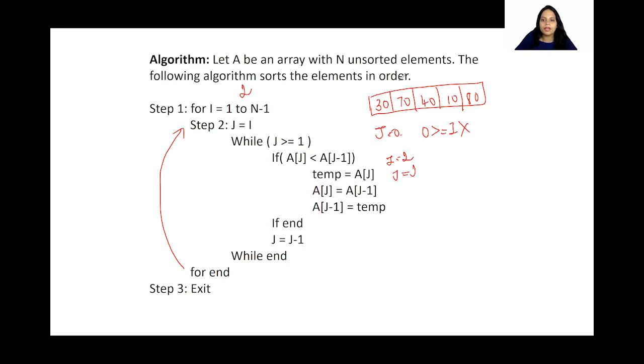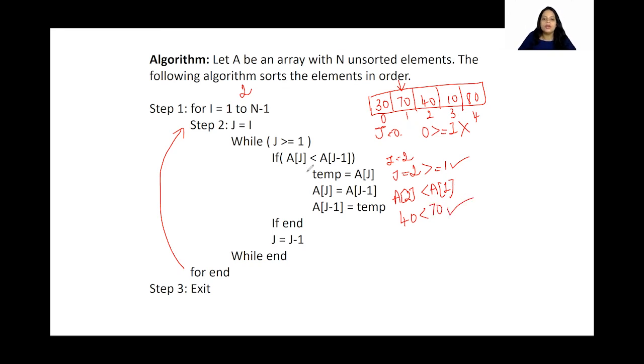So what is going to happen? We are going to come over here and we are comparing to the neighboring element. While j is greater than or equal to 1, is it greater than or equal to 1? Yes, isn't it? Now, what is a of j? A of j is nothing but a of 2. And is it less than a of j minus 1, a of 1? What is the value here? A of 2 is nothing but, 0, 1, 2, 3, 4, my a of 2 is nothing but 40. Is this less than a of 1, which is 70? Yes, this is true, isn't it? 40 is less than 70.